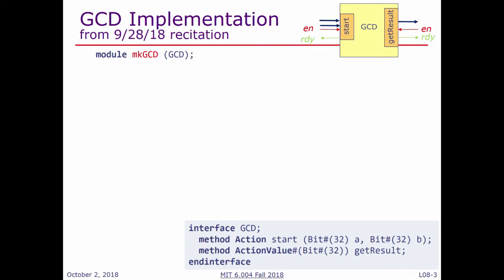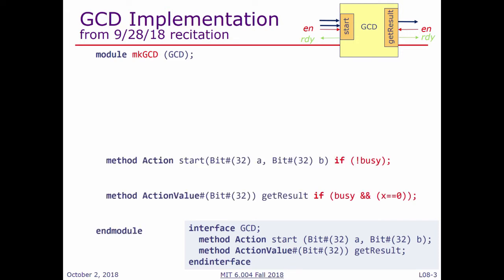Okay, so this implementation was discussed in the recitation. It was supposed to be discussed in the lecture, but I didn't manage my time properly. So here is the implementation that was given to you, and this is a refrain. Anytime we have to write a module, we look at its interface and figure out what the methods are. And how do I know the methods? If it has a start method and a get result method, I must define these things. And what is the